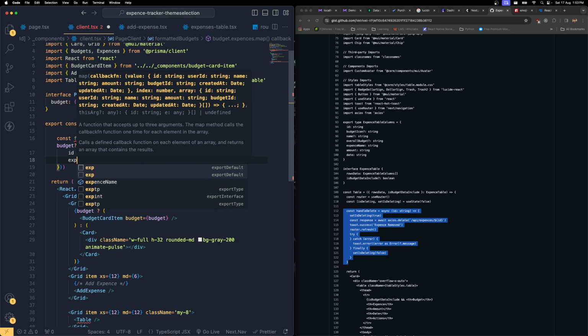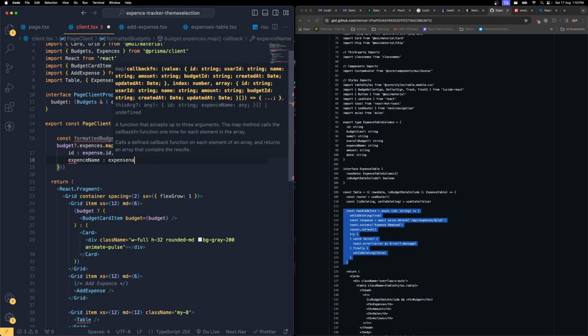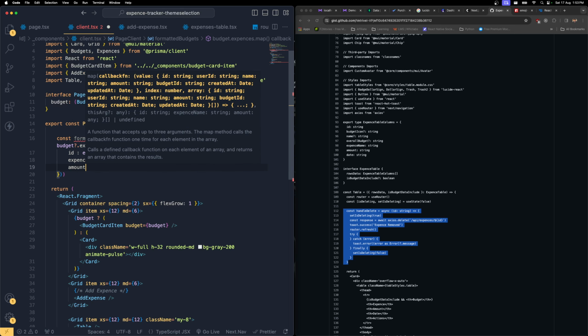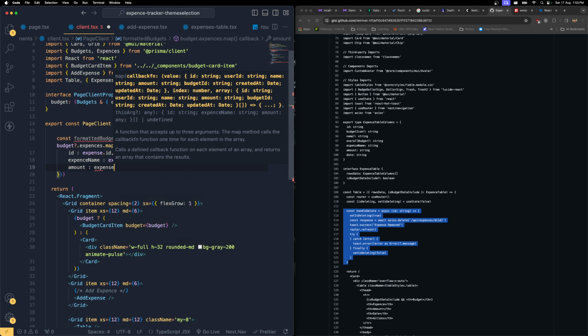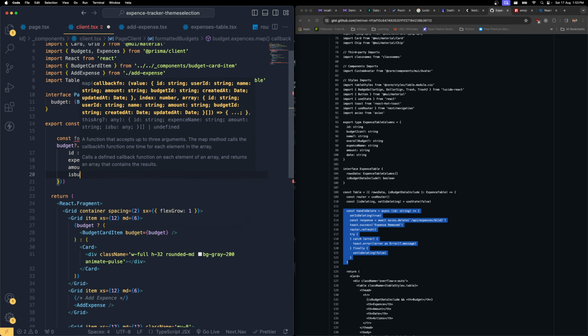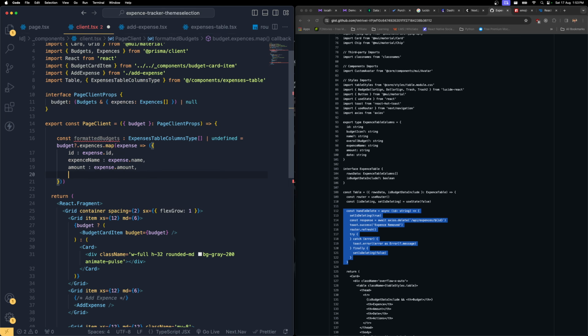Then I need to supply the expense name, which is going to be the expense name. Then I need to supply the amount, which is going to be the expense dot amount. Then is budget